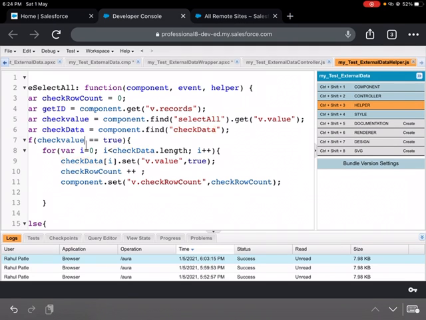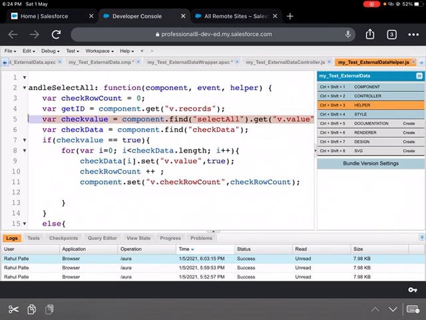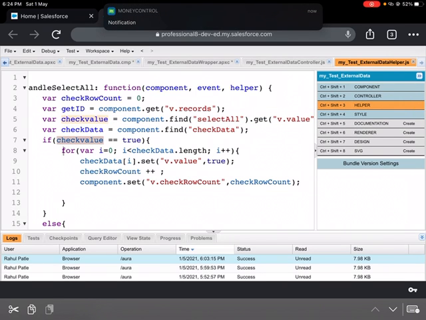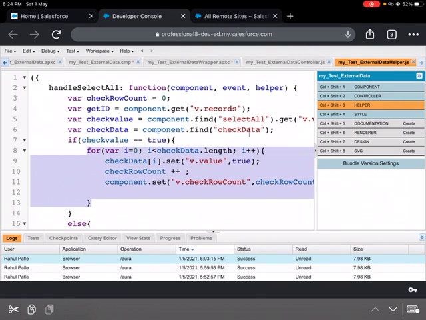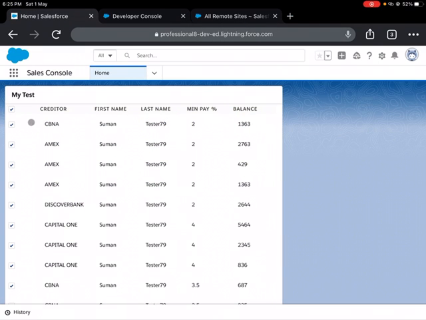Now if I get the value as true, meaning the main checkbox value is true, then I'm iterating through all the elements having this Aura ID as check data. All the 10 records will have this Aura ID as check data. So I'm getting the value of all those records here.